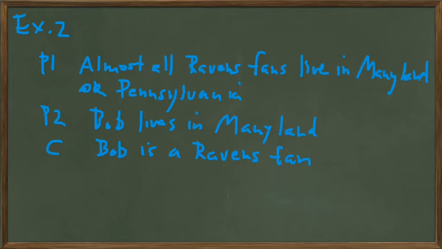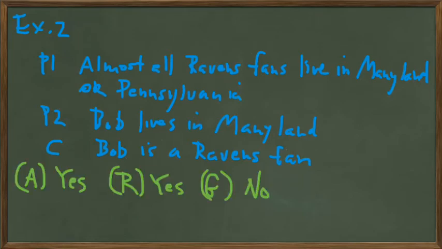So let's analyze this on the three criteria, ARG. We'll notice that the premises are acceptable. Premises 1 and 2 make sense to us. They are relevant to the conclusion, but the grounds for the conclusion are not there because some information is missing. So what is that missing information? We do not know whether Bob is in the group of Maryland residents that is a